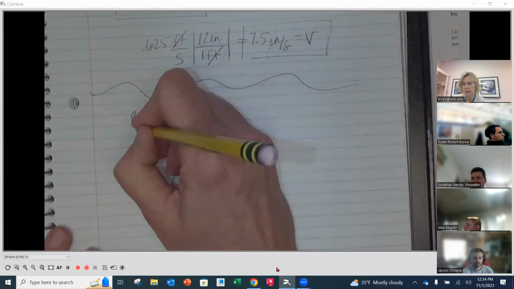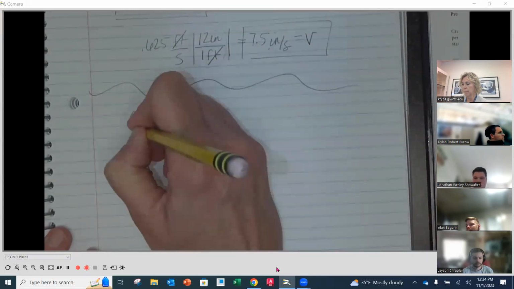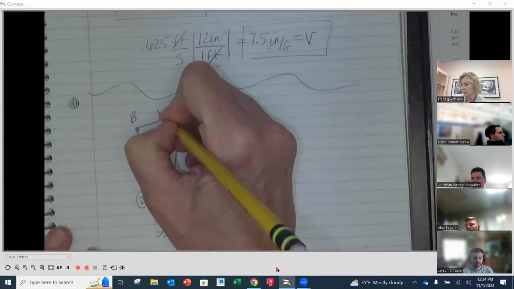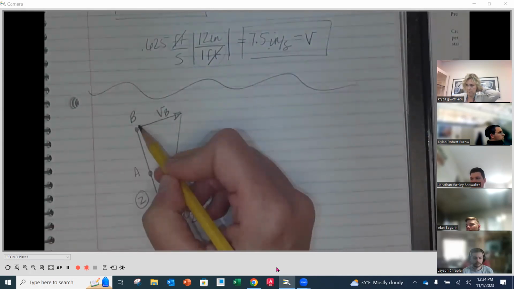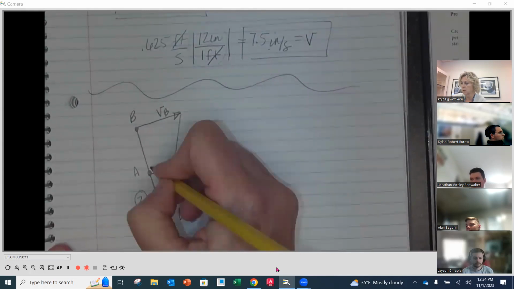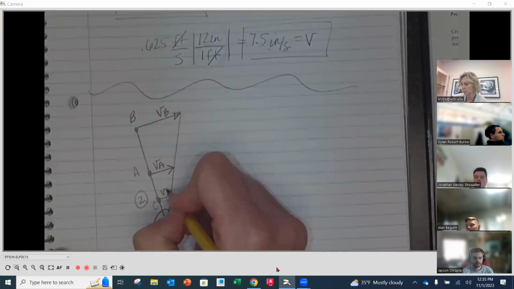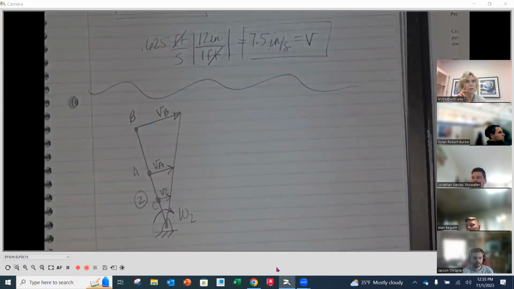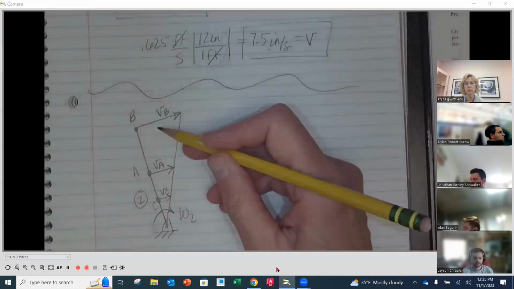So if I look at the linear velocity component of B, this would be a representation, we would say VB right here, of the amount of linear velocity at point B compared to any other point along that distance. So this would be VA. We would have another point down here, we'll call this point C. This would be velocity of C. So what you'll notice here is that as we move further away from that center of rotation, our linear velocity